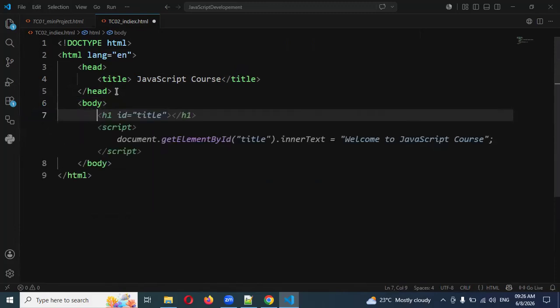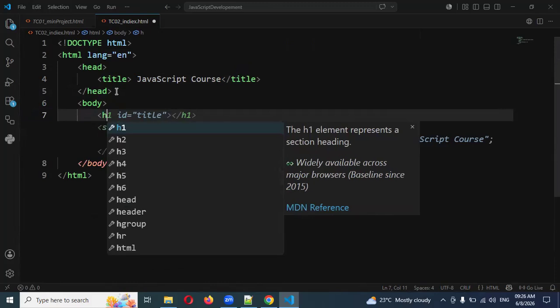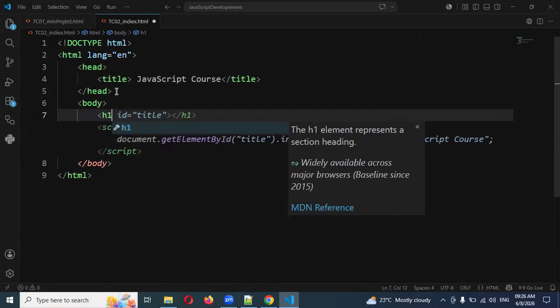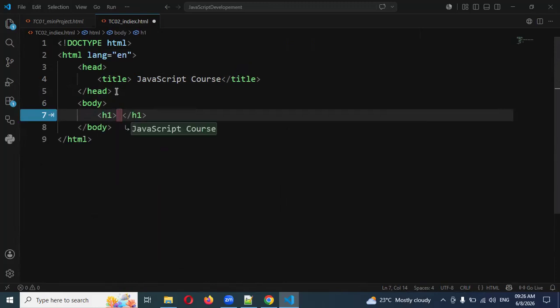Inside the body, I'm going to create an h1 tag, and I will mention welcome to JavaScript development. Okay. This is my body. And you can see, right, you can save that entire file by using Control S. Once you store that, you can